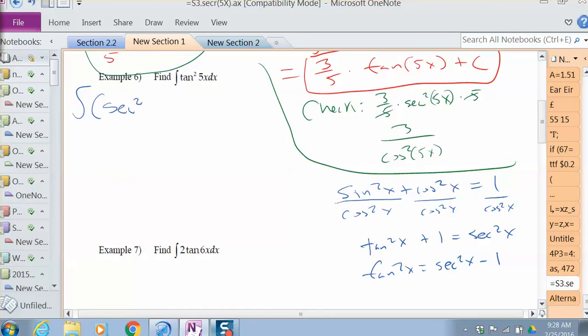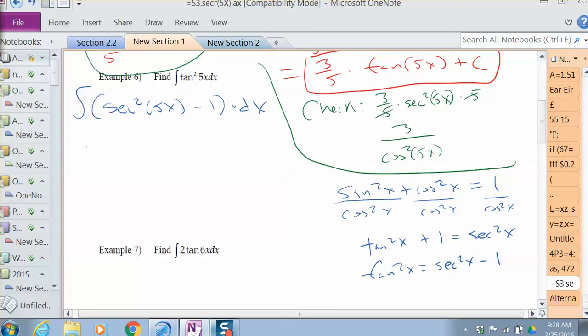So it's secant squared 5x minus 1 times dx. Okay. So we're replacing tan squared 5x using the Pythagorean trig identity. And remember, our angle is 5x. And instead of actually doing the u substitution, we already know what the answer is from the previous example. We already know the antiderivative of secant squared 5x